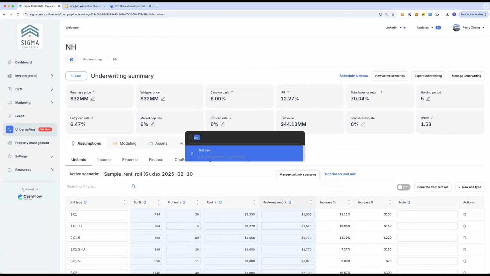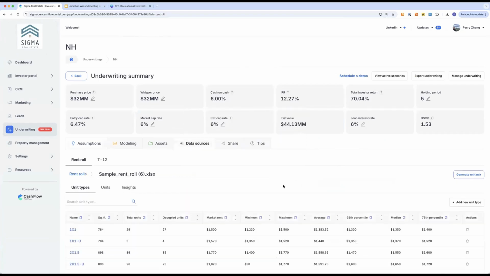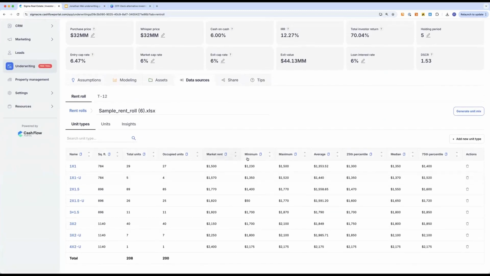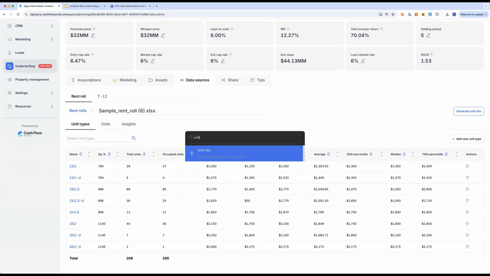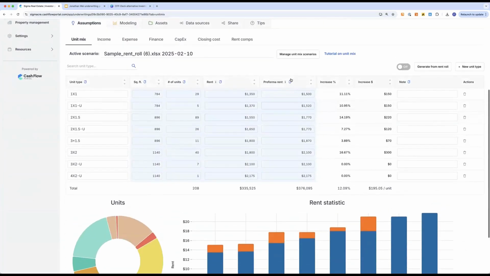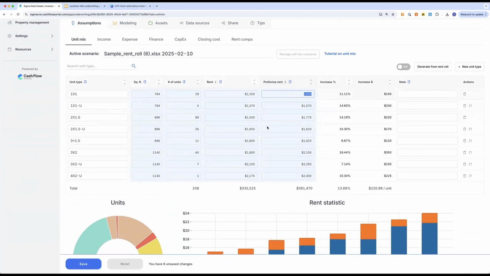Actually, let me go into the rent roll. Remember when we parse this, we technically can take the maximum rent, which is what we're doing, but you can also easily take the market rent. And if you take the market rent, you can copy this whole column, go back to the unit mix, and paste that market rent as the source of truth.